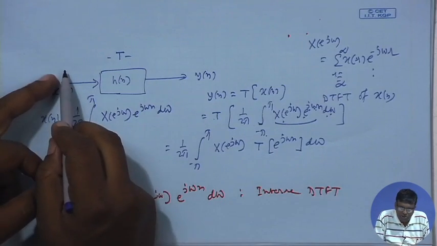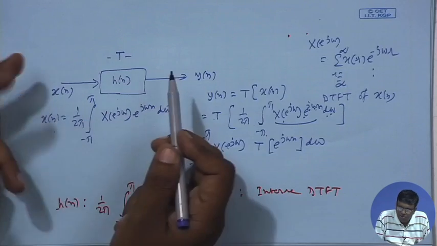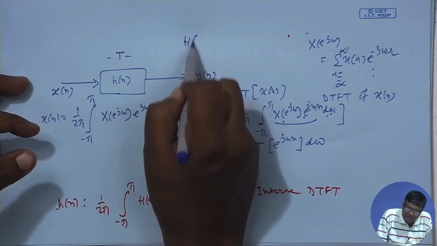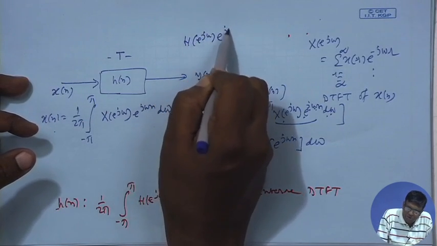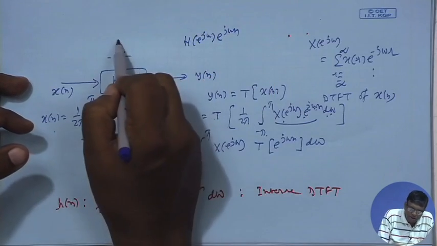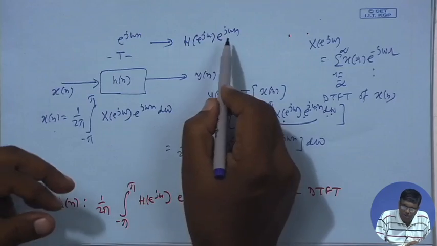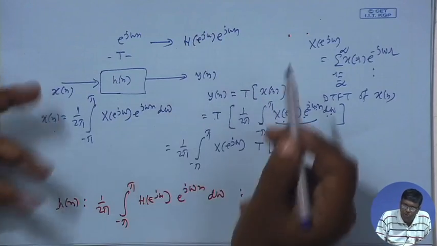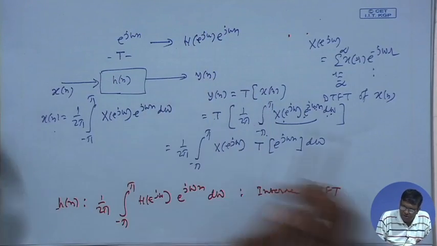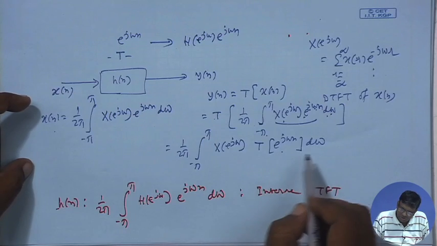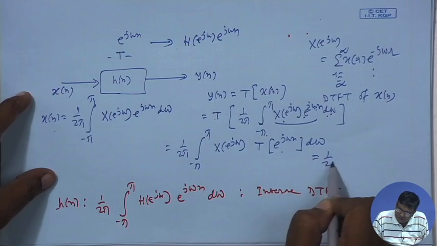If I give e to the power j omega n as input, we have already worked it out, output will be of the same form multiplied by an eigenvalue which we named as the DTFT, H of e to the power j omega, into the same sequence. So, this part will be the same as